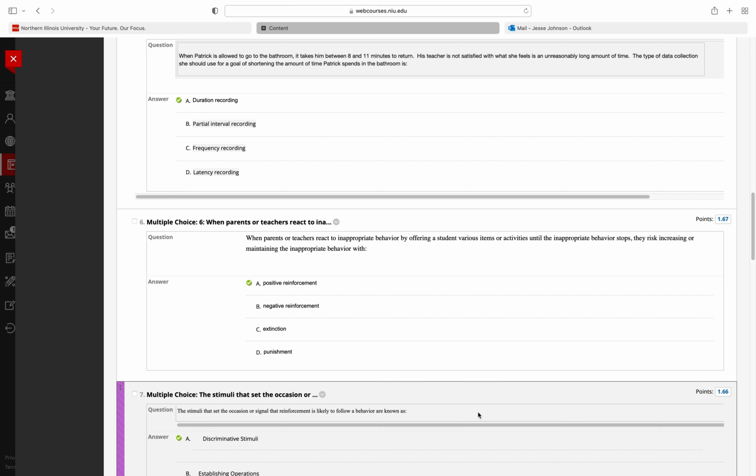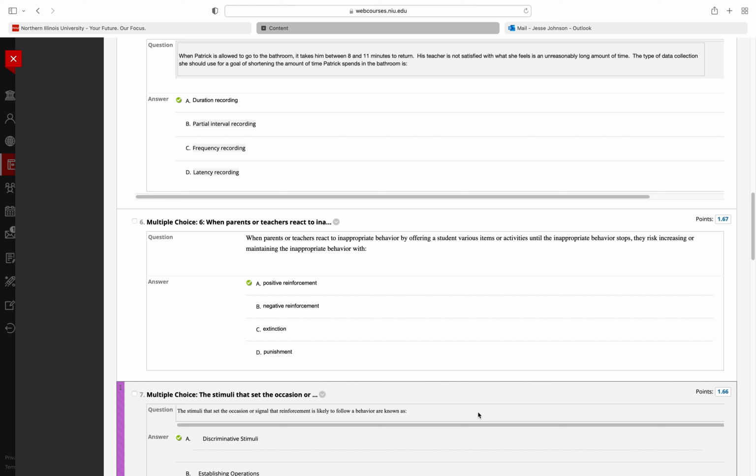So you've got an increasing behavior, and you're told that when the behavior occurs, something is presented, like various items or activities. So it's telling you basically this is the positive reinforcement definition here. And the fact that the behavior momentarily stops is one of the reasons that people sometimes fall into that trap of reinforcing inappropriate behaviors. But you're told a behavior increases.